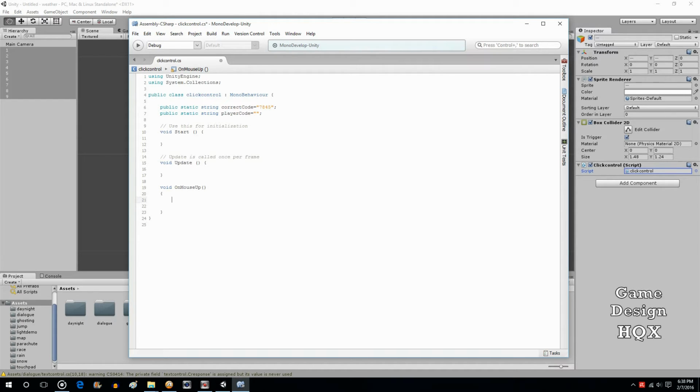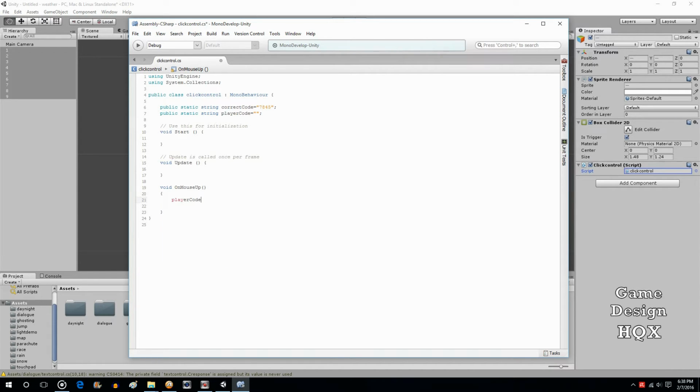Now here's what I was talking about. Why it's so important that the name of the object is just the digit. Usually, if you've watched any of my other videos, you'll notice that usually when a script is attached to multiple objects, you have to put in an if statement to determine what you should do based on the object name. In this case, since the object name exactly matches what we're looking to enter, all you have to do is